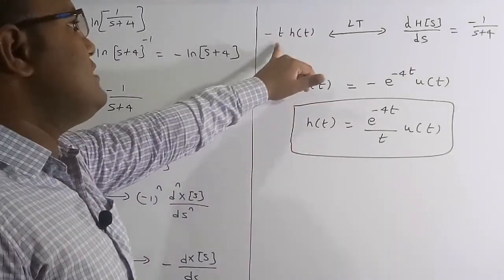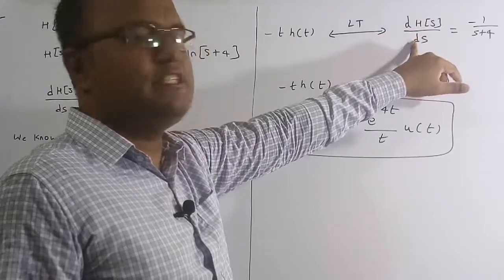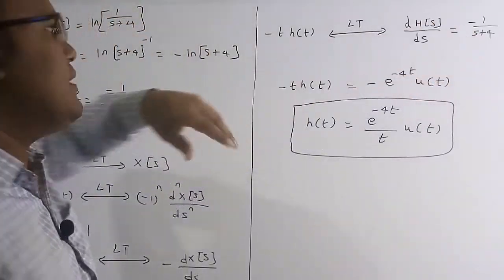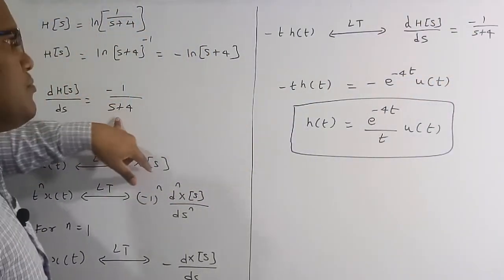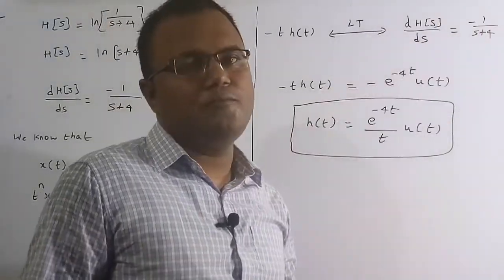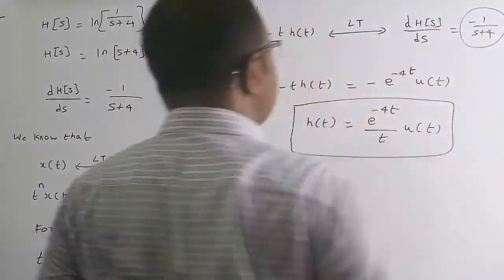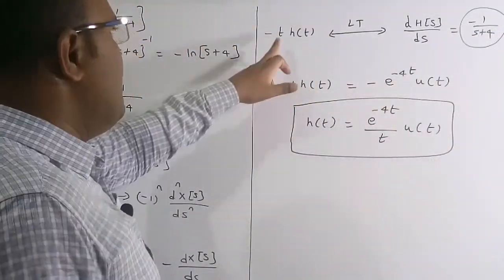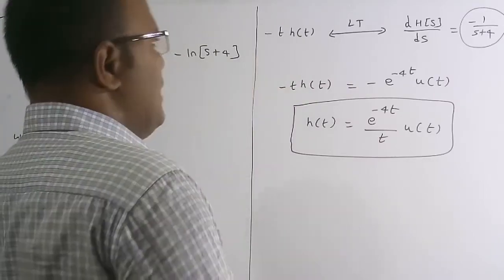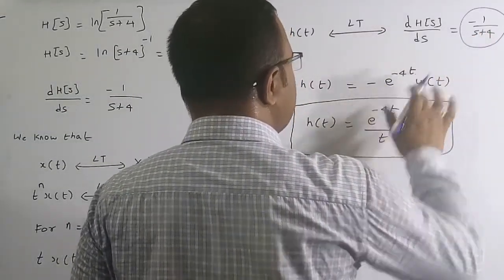So therefore minus t into h of t will have a Laplace transform which is dH(s)/ds, but we know the expression of dH(s)/ds, which is minus 1 by s plus 4. So therefore dH(s)/ds is equal to minus 1 by s plus 4. So here the Laplace inverse of this expression is nothing but minus t into h of t. So minus 1 by s plus 4, the Laplace inverse is minus e to the power of minus 4t